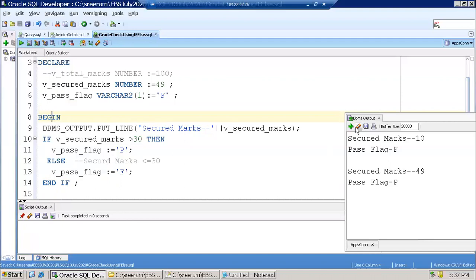But Sriram, is this the correct way to pass the value in a declare section? No, see, as of now, whatever logic we are writing is in this anonymous block. First of all, nobody will hard code the secured marks. We always expect the secured marks to be passed from your business. Here we are just statically hard coding the values to try our business logic, but in real time the user has to provide the input, maybe from the page or from a third party system or from a file. It could be multiple scenarios.